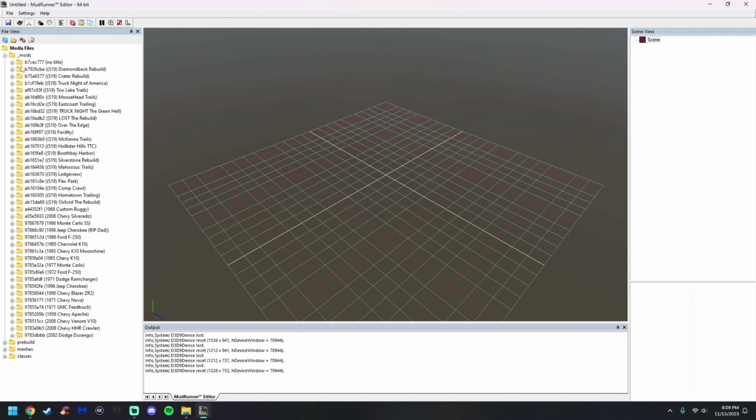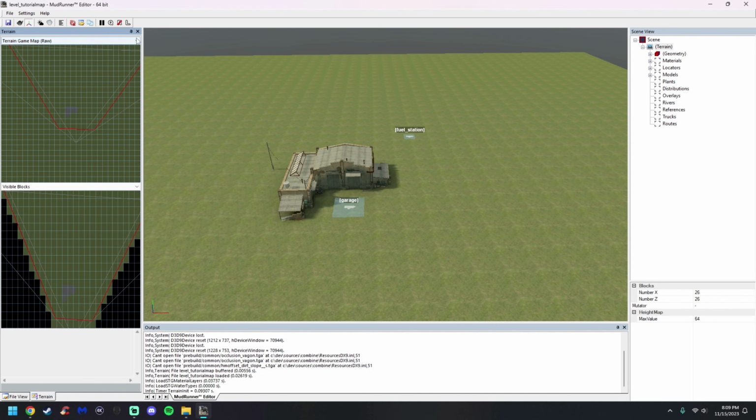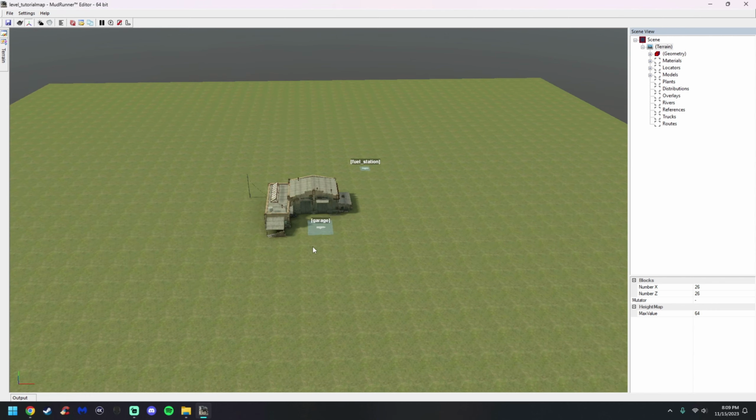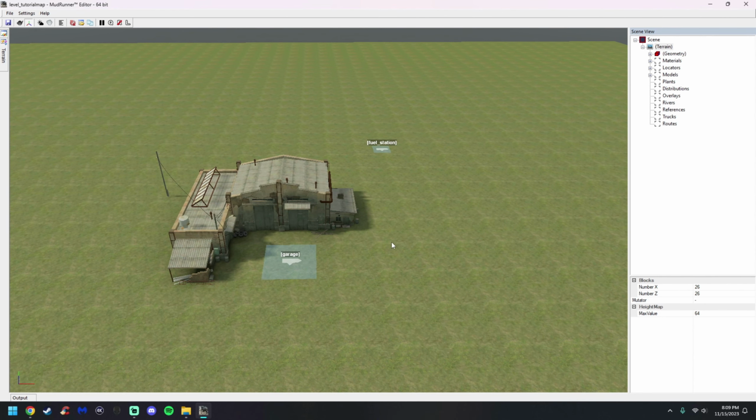So here we go. So here's our map that we were working on, tutorial map. So I'm going to go ahead and open that up. And here we go. So I'm going to hit these little pin buttons and give ourselves a better workspace. Okay, so a couple of things that I didn't show you guys in the part 1 video to do with